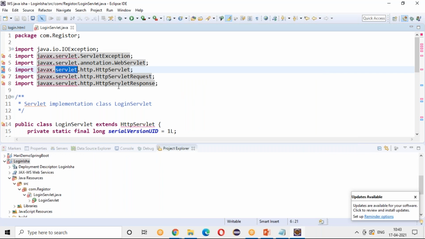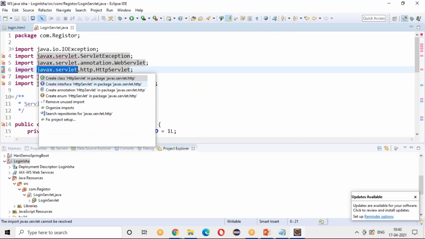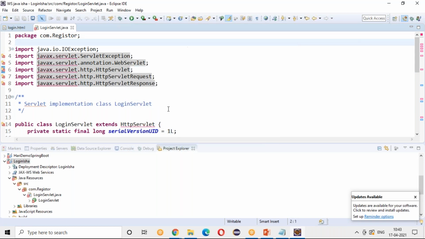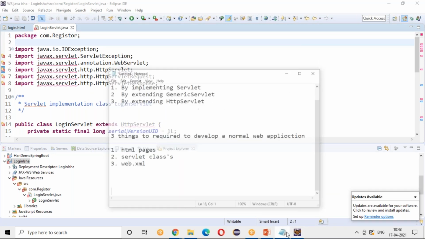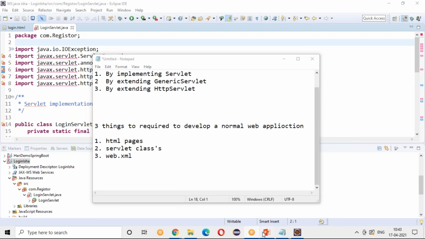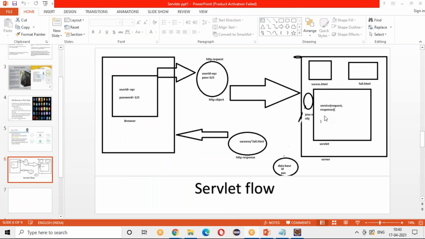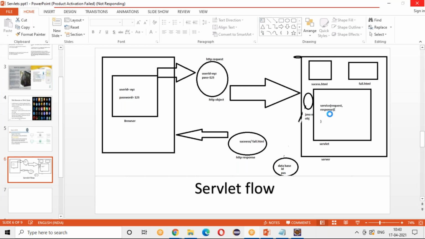So your generic servlet, sorry, your HttpServlet will be having methods called doGet and doPost. So you will be writing your things in your doGet and doPost. In the example, I have written the code in the service method, right? I have written your Java code where you will be taking a request in the service method.